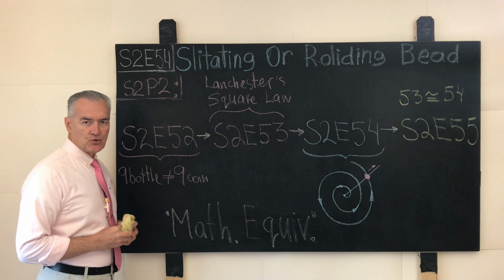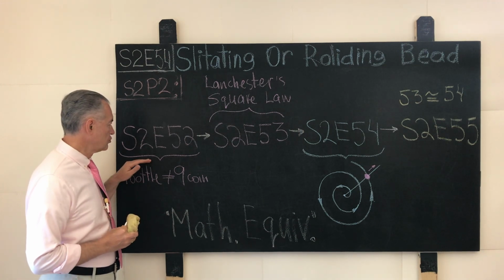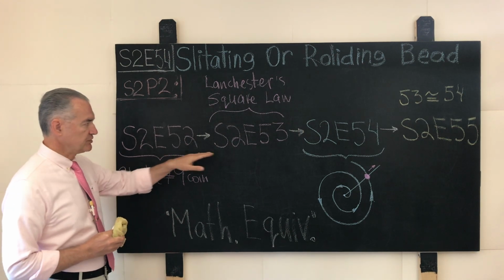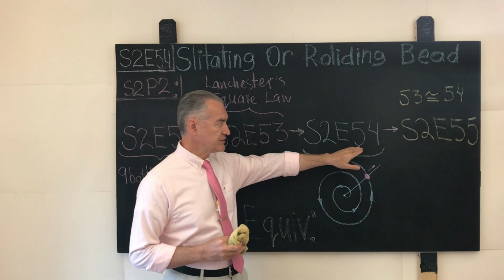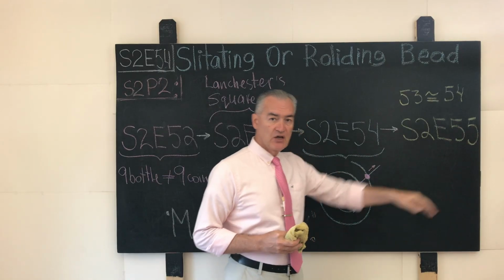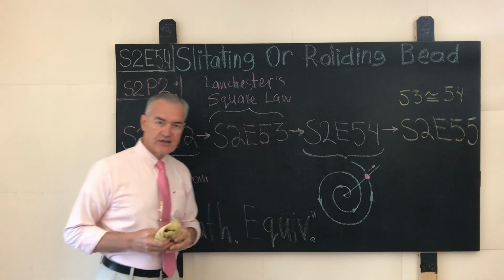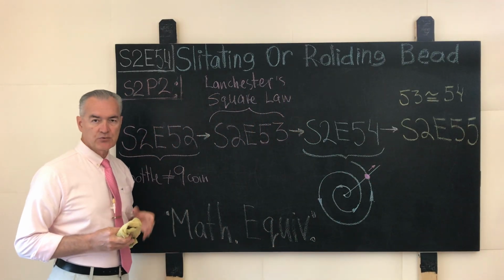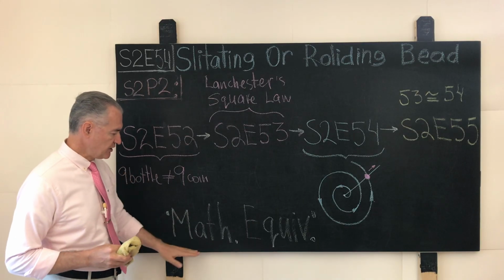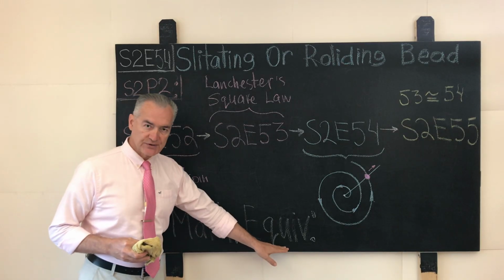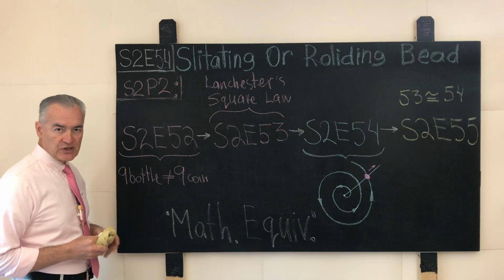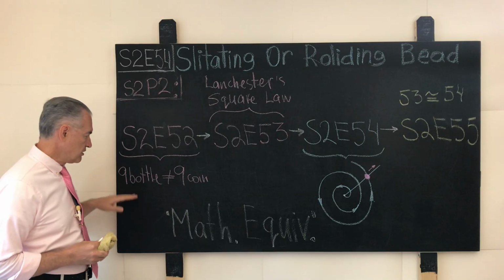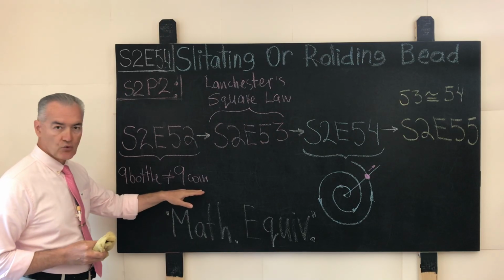Across the 4 episodes shown on the board, Season 2, Episode 52, Season 2, Episode 53, Season 2, Episode 54, and Season 2, Episode 55, what we're doing is studying the mechanics of the problem-solving approach to which I refer as mathematical equivalence. In Season 2, Episode 52, we solve two problems, the 9-bottle problem and the 9-coin problem, and